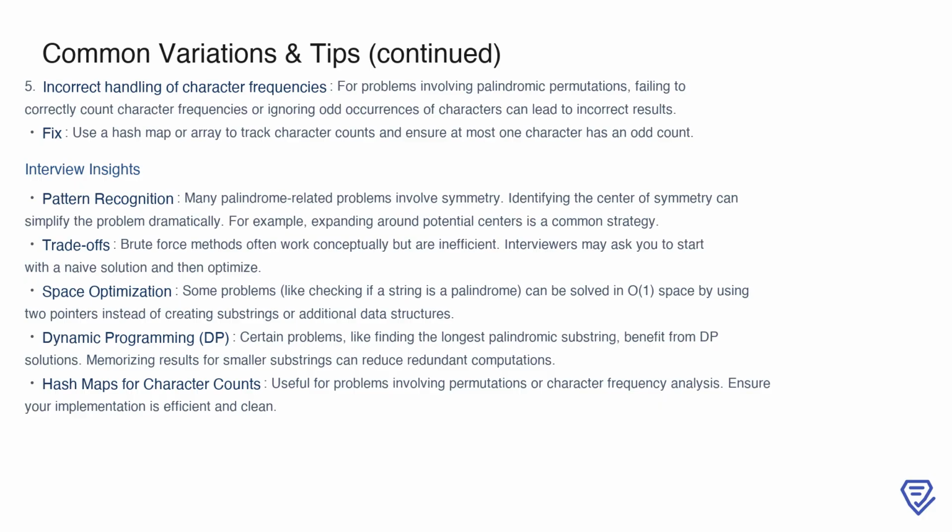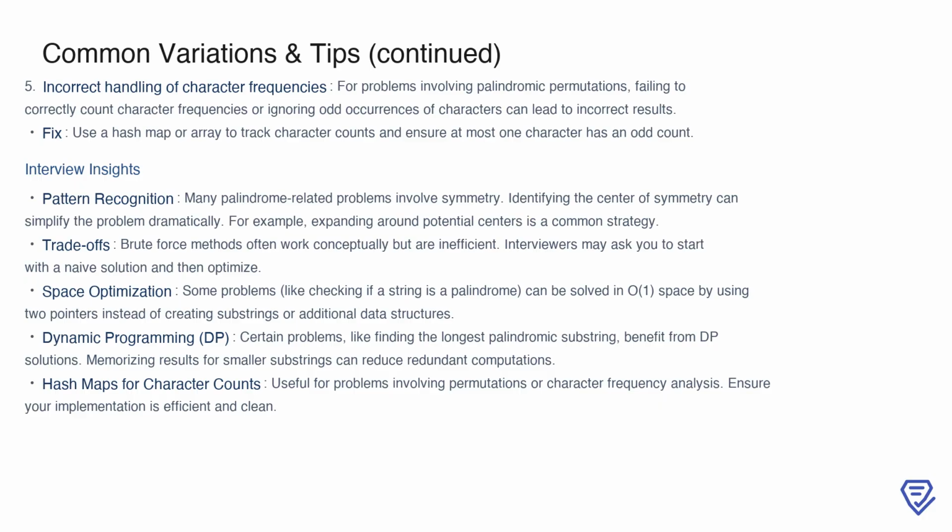Space optimization is another important aspect to consider. For instance, when checking if a string is a palindrome, you can use a two-pointer approach to achieve O(1) space complexity instead of creating additional data structures. Dynamic programming is also a powerful tool for certain problems, like finding the longest palindromic substring, as it avoids redundant calculations by reusing results for smaller substrings. Lastly, hash maps are invaluable for character frequency analysis, especially in problems involving permutations, so make sure your implementation is